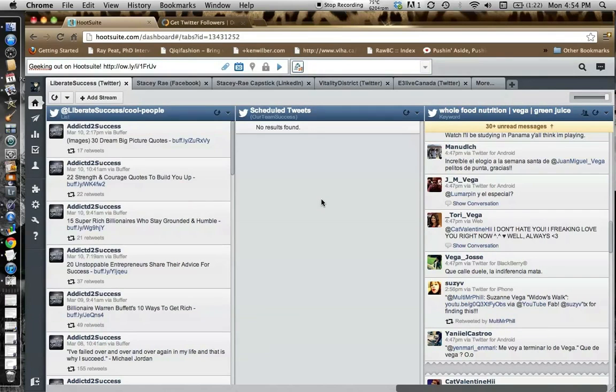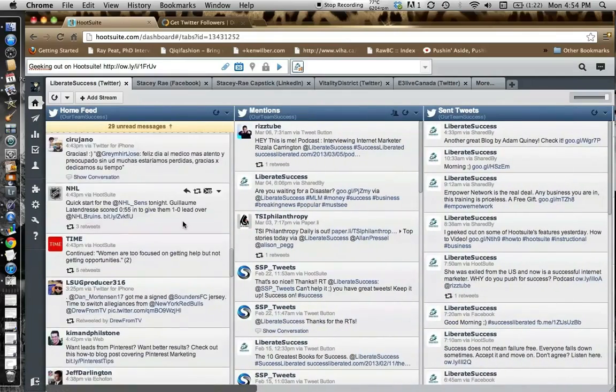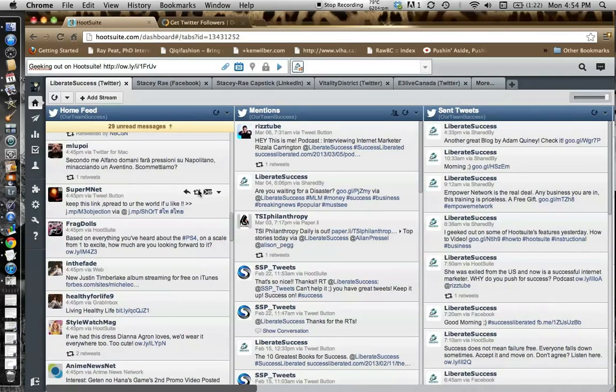Moral of the story, definitely interact with your followers. Make sure you're retweeting other people's tweets. Make sure that you are updating your Facebook and your social accounts on a regular basis, but not so much that it's clouding other people's experience. And really interact with other people, create relationships. If you see somebody on here that's tweeting about something awesome, send them a direct message or send them a reply to their tweet and really say to them, hey, I totally love that. That was awesome. When that person replies to you, their reply is going to show up on their feed. So all of their followers are going to see your username on there